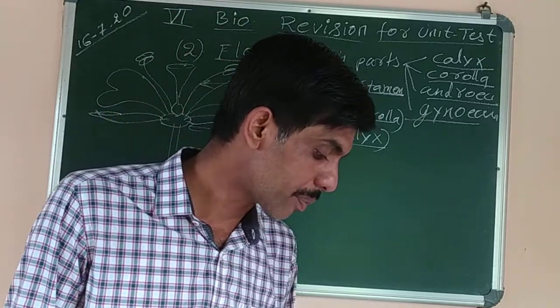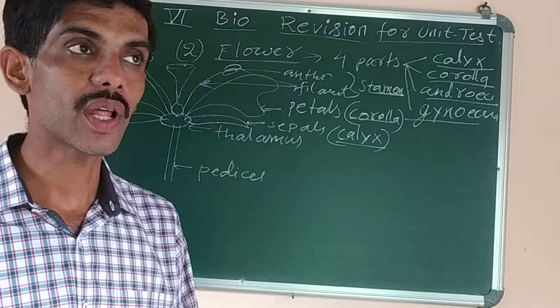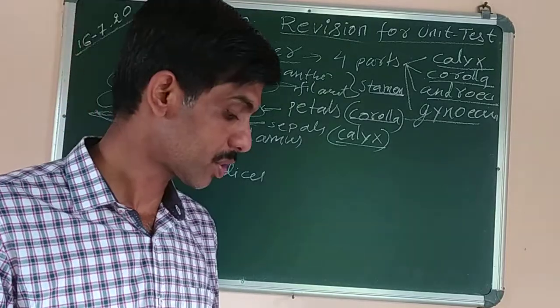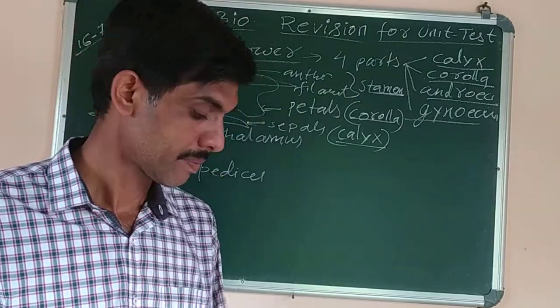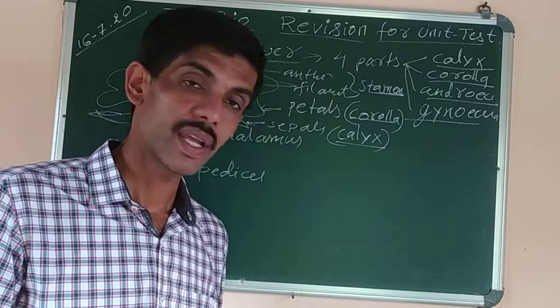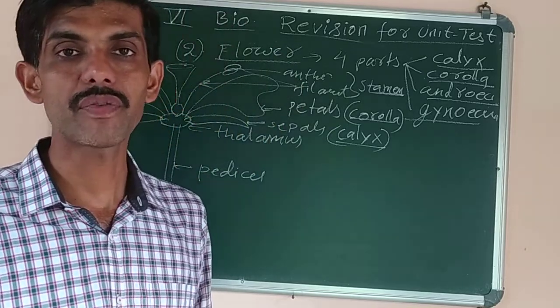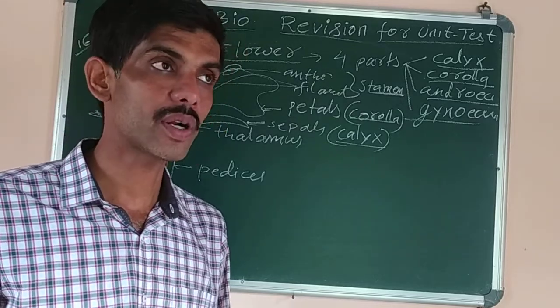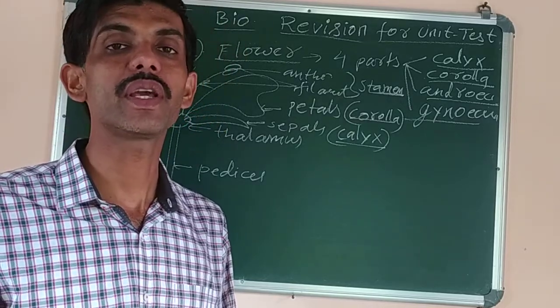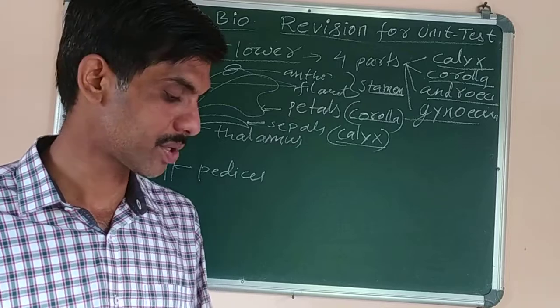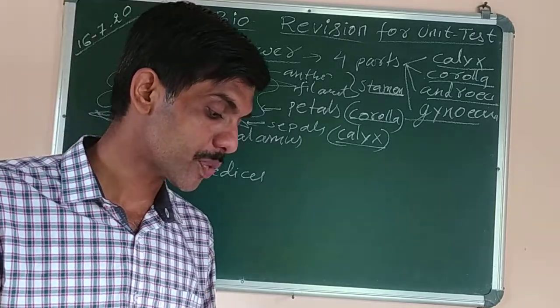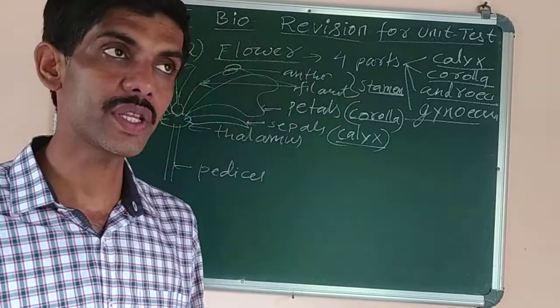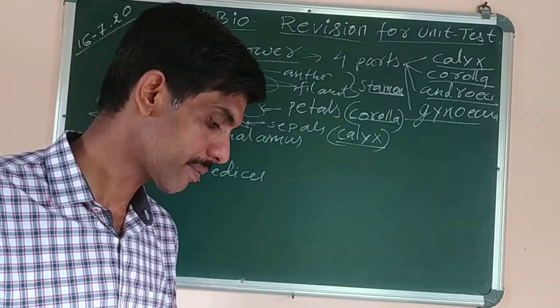Then we studied the parts of a seed. What is the seed coat? The outermost covering of the seed is called the seed coat, which protects the seed. The embryo is the baby plant. It contains the radicle, which forms the root system. The plumule forms the shoot system. The cotyledon is the part of the seed where food is stored for germination. What is endosperm? Endosperm is also a part of the seed in which stored food is found.